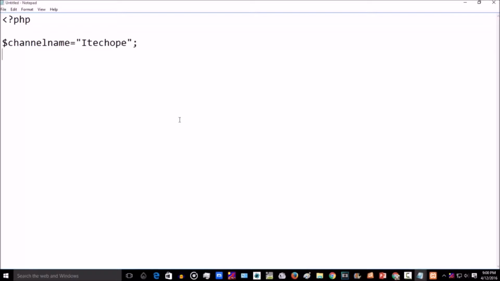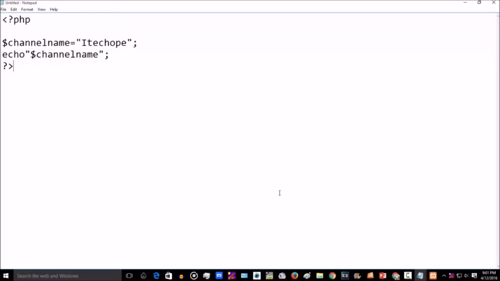Now let's print this variable to our browser. Echo, double quotes, specify our variable name. Let's copy this, Control C, paste this name, put a semicolon here, and let's execute this script using XAMPP.